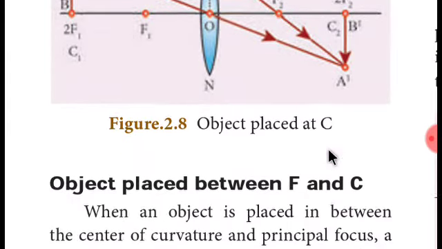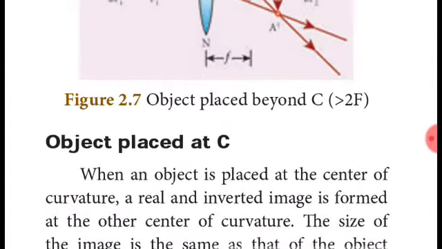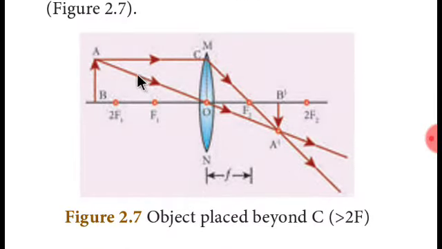Okay, you're getting it. In each and every diagram they are going to use the three rules. Here also they used two rules. The incident ray is passing through the, no, it's not optical center. And the second rule is that any ray which is parallel to the principal axis will be passing through the principal focus after deviation. So these two rays are going to meet at this point, and this is the point where the image is going to be formed clearly.